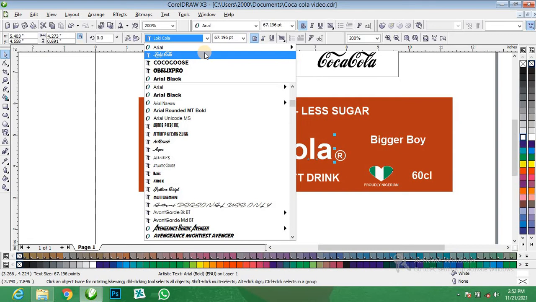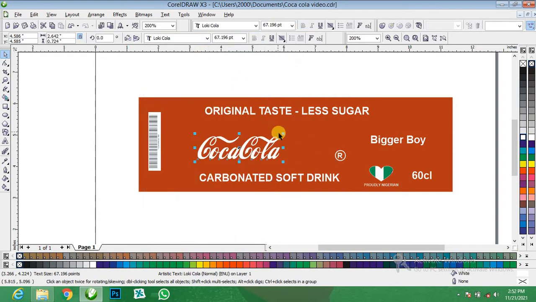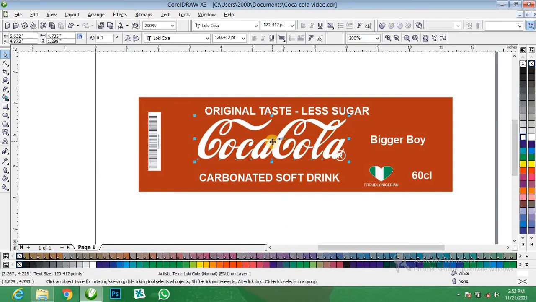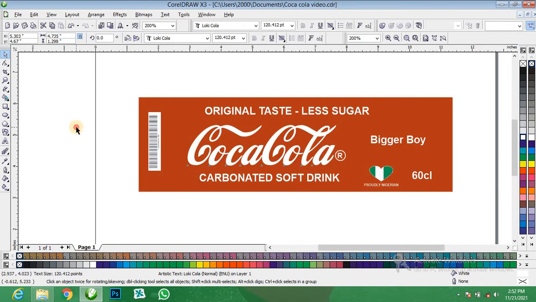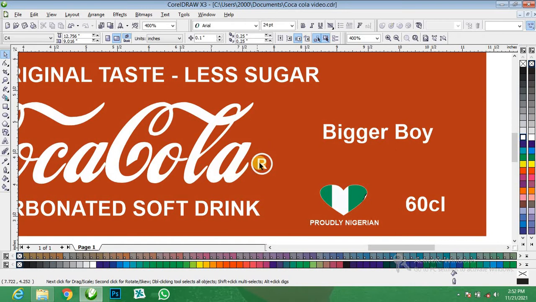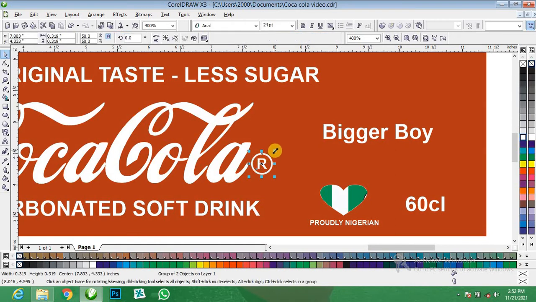That is the name of the font we are going to use, Loki Cola. Click on Loki Cola, you see this font. That's cool here. Click on the font like this. Then click on this already created. Reduce the size like this over here.